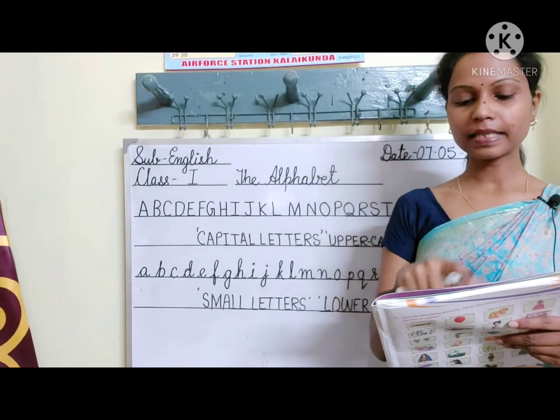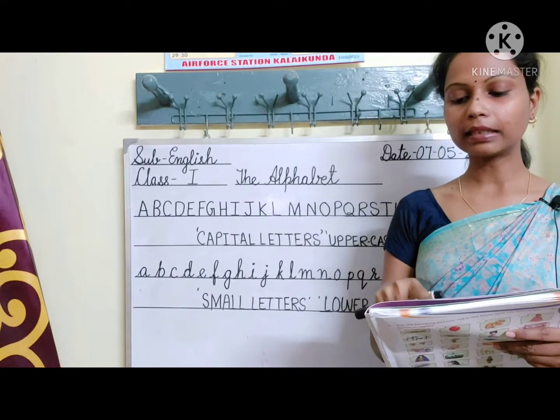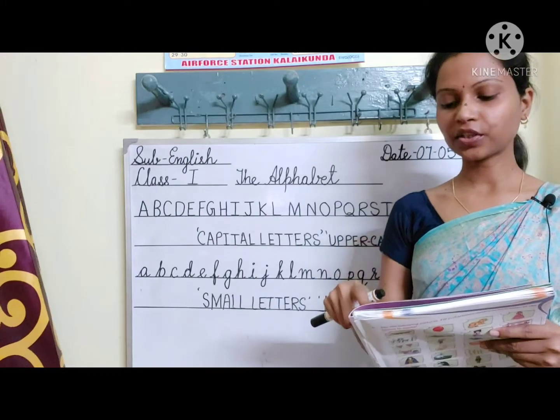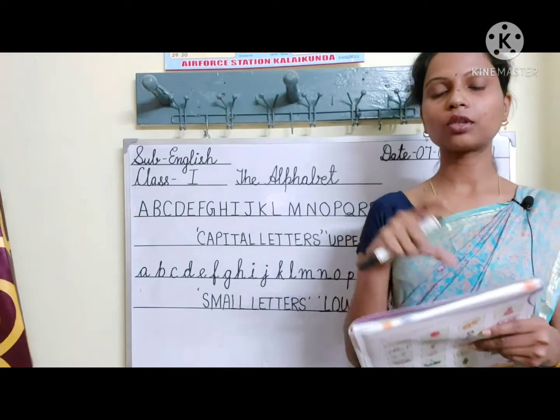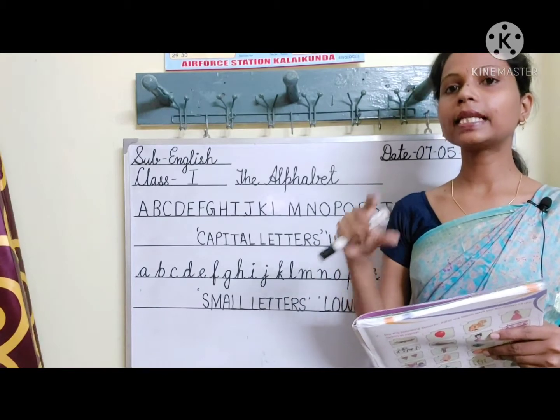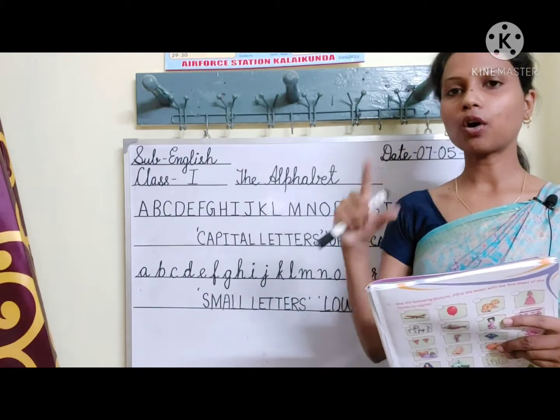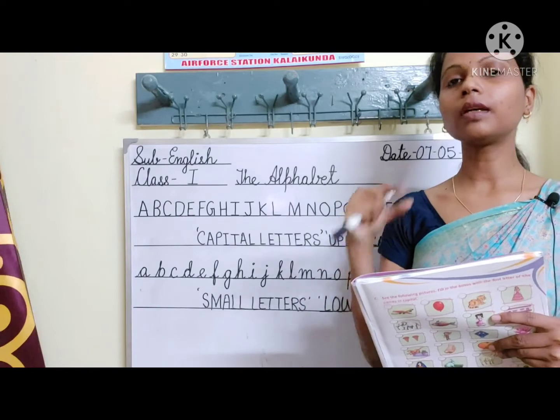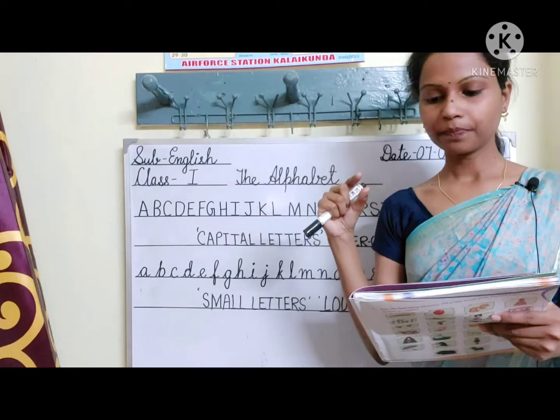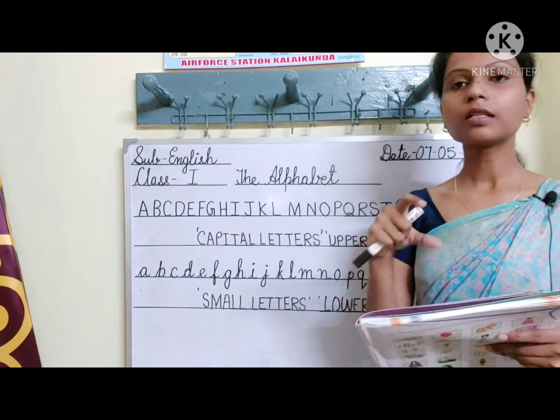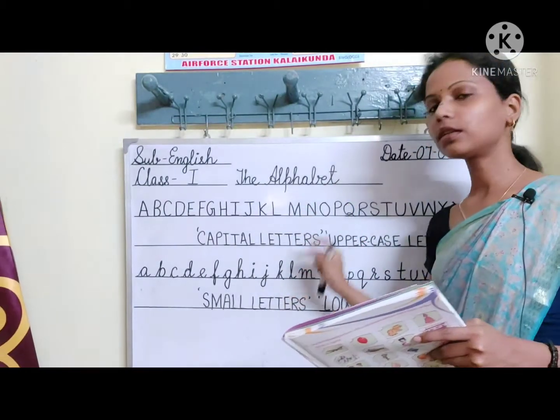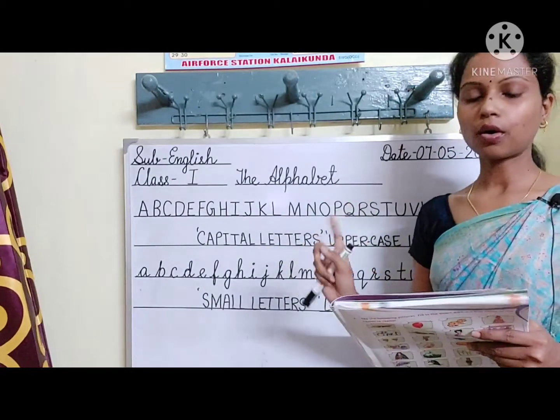Fill in the missing letters to complete the A, B, C order given below. So what is the question asking? You have to write down the missing letters to complete the A, B, C order. A, B, C order means you have to write down the capital letters A to Z. Or it is given here in small letters. So both small letters or capital letters, we can call it ABC order.